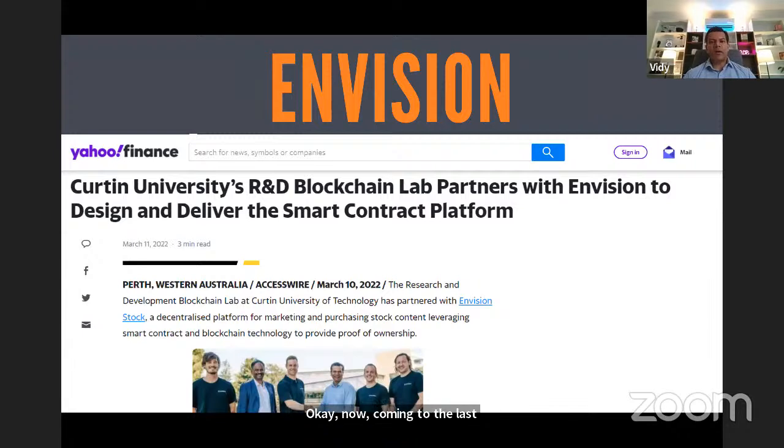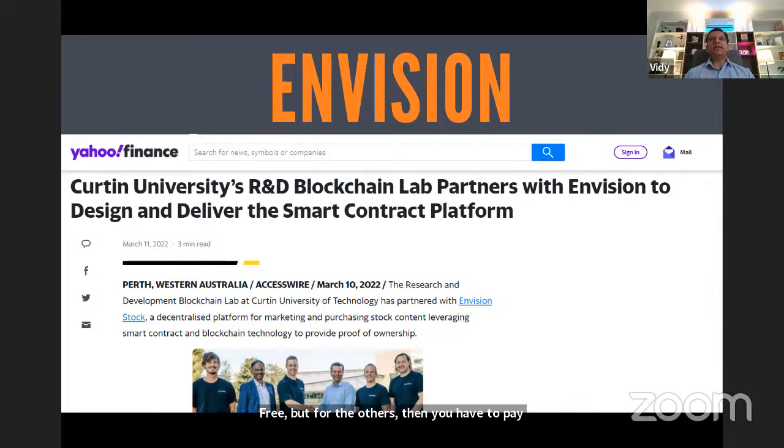This project is for a company called Envision. Envision is a Perth-based startup, and what they're doing is building a marketplace for photographers or artists, in a sense, who want to sell their artwork, like photos or videos. So basically stock footage. Typically, if you look for free images online, you go to Getty Images, Shutterstock, or companies like this, where they have a small collection of free images which you can use royalty free. But for the others, you have to pay.